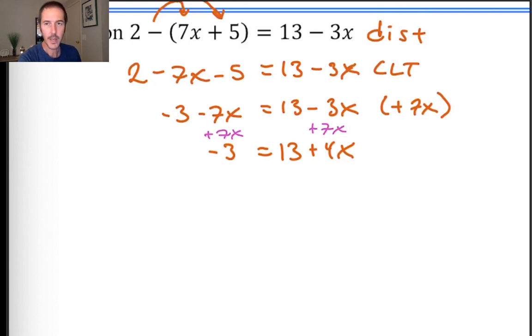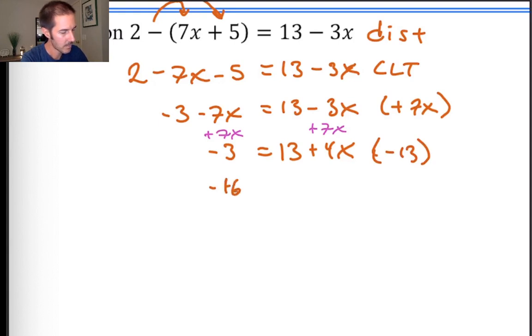Now that I've moved all of my x's over to the right-hand side of the equation, I'm going to get my constant values. Constant is the opposite of variable or changing. So let's get the constant values over to the left-hand side. We'll make that happen by subtracting 13 from both sides, which leaves me with negative 16